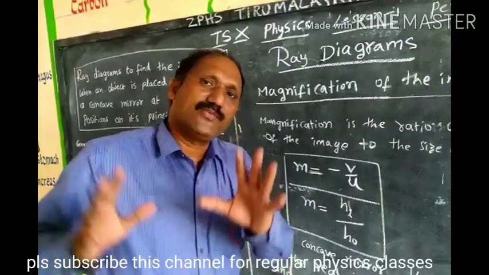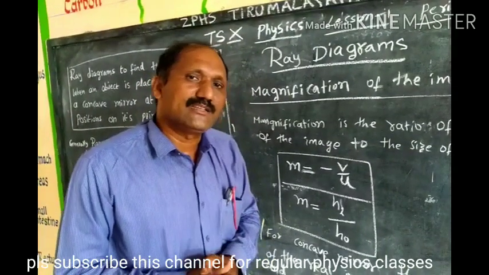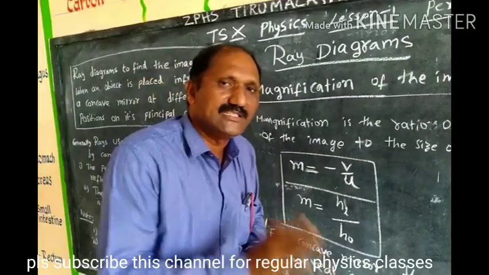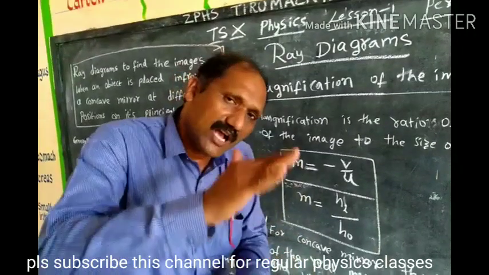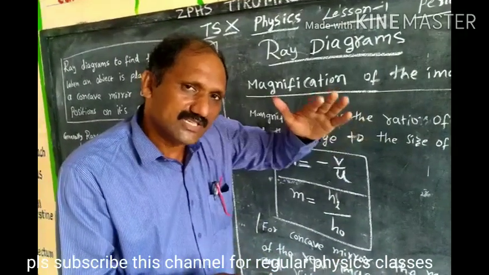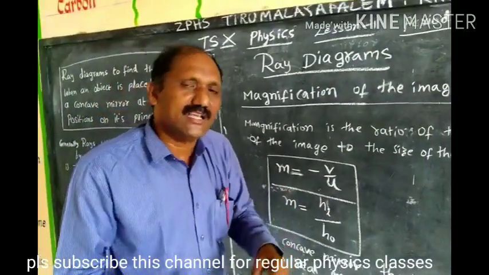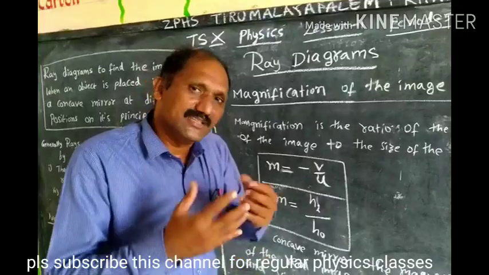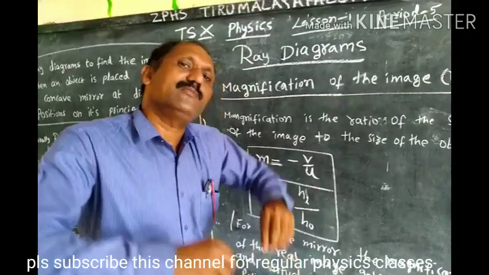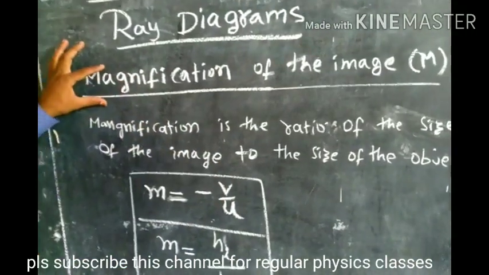If a person of 6 feet height stands before the concave mirror, but his image is 3 feet height only, he is 6 feet, but the image is 3 feet, which means the image is half the size, that is 3 by 6. The height of the image is 3, the height of the man is 6 feet. 3 by 6 is the magnification. Here it is not magnified, it is diminished. Magnification means whether diminished or magnified. That is what we know about magnification.